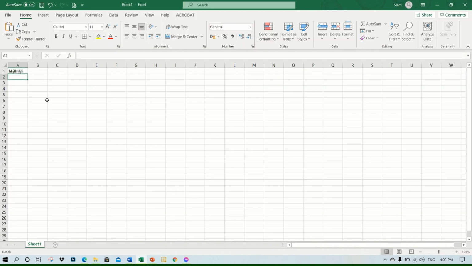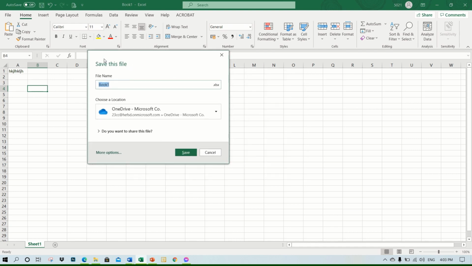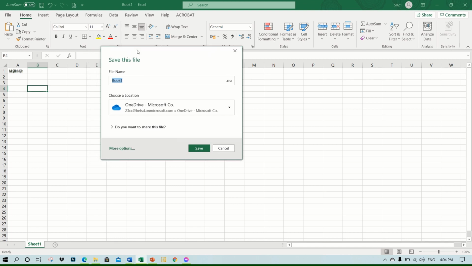So here's the thing. If you just created the workbook, so it's a new workbook, when you click save, it will redirect you to a dialog box that will ask you to input the file name and the location where you want to save your file. And for example, here's the file name, book 1. In the latest version of Microsoft Excel, the extension name is